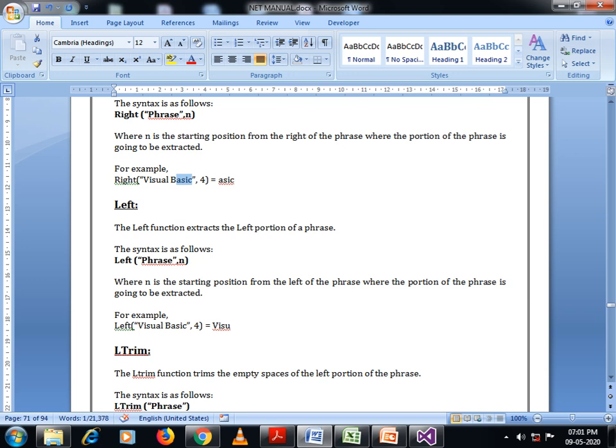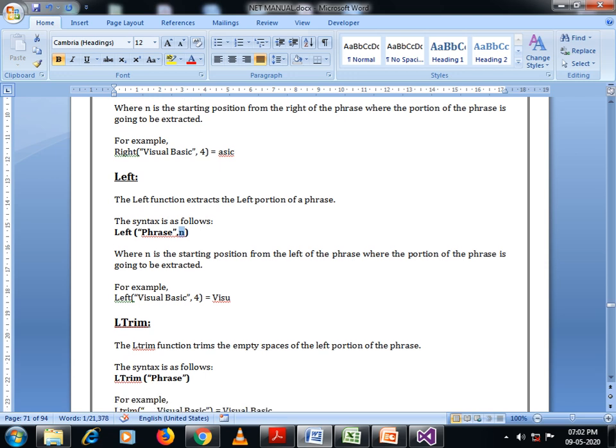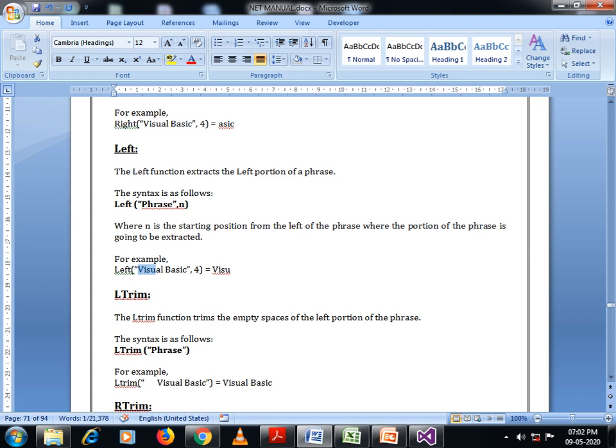The syntax for that is Left, the given string and the number of characters to be extracted from the left side, where n is the starting position from the left of the phrase where the portion of the phrase is going to be extracted. For example, if I write Left Visual Basic comma 4, it returns Visu, that is the first 4 characters of the given string.